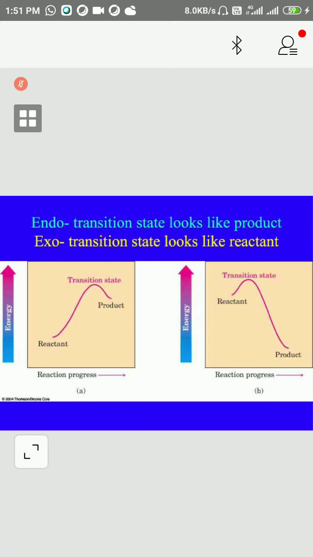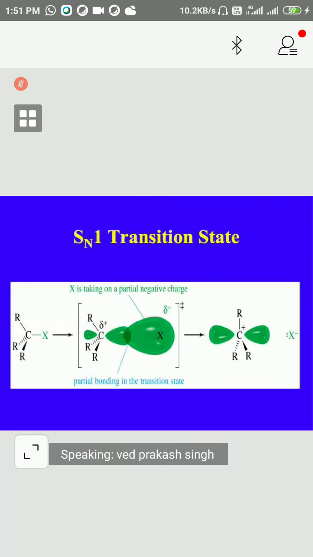Now you can see the transition state in the SN1 direction. Here this is the halide, a tertiary halide. Tertiary halide means the carbon-halogen bond is going to break slowly. Partial bonding in the transition state means not a complete bond. In a complete bond, overlapping should be more, but now the overlapping is going to be less, and finally it will be diminished. And there is formation of carbocation and halide. So the energy of this molecule is very high, which means it is less stable.